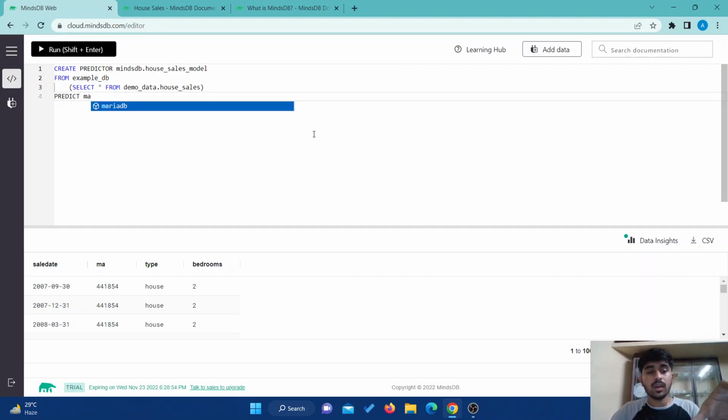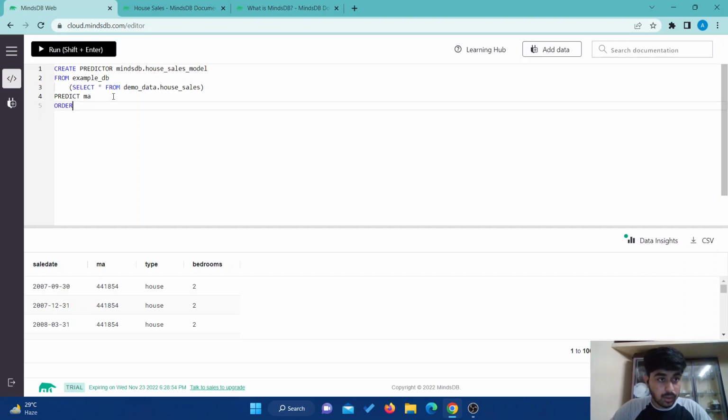You need to be careful here because you need to make sure that the column titles match. Predict MA, and we would be ordering by sale date because it's a time series. And what are the other independent variables? Definitely the type and the bedrooms, right? So group by would apply to type, bedrooms. Now, this is something that is specific only to time series. You would not see it in a normal regression or classification. It's called window